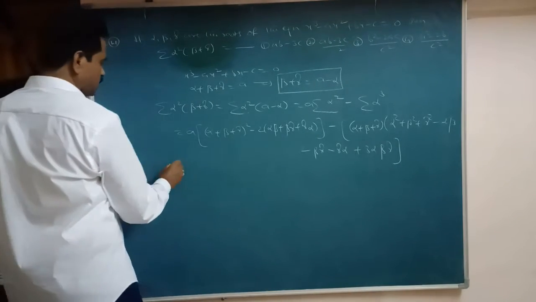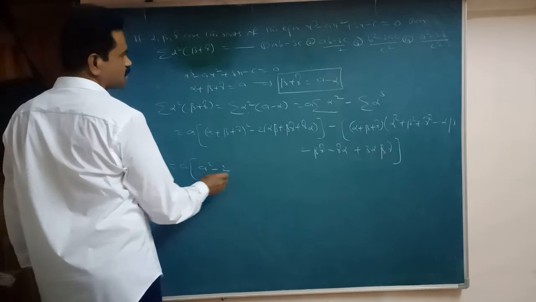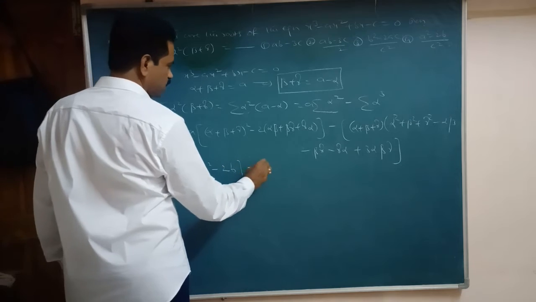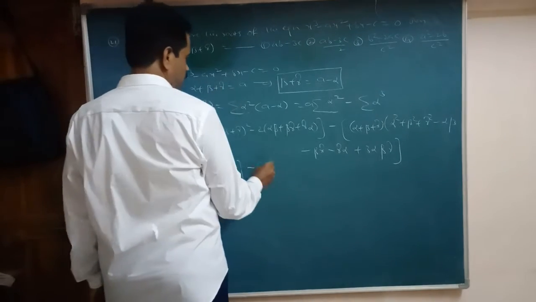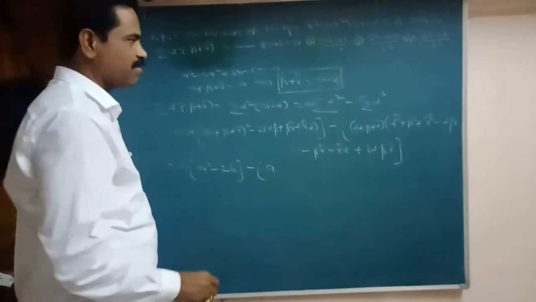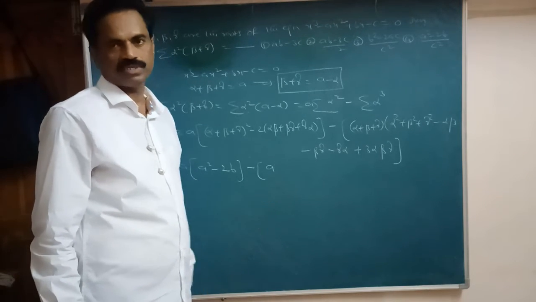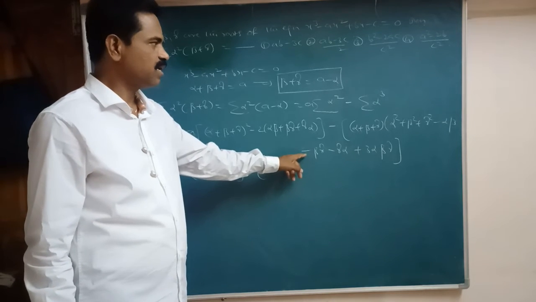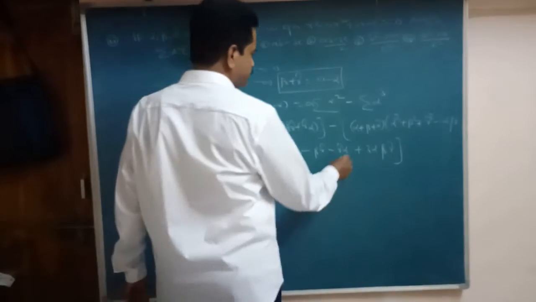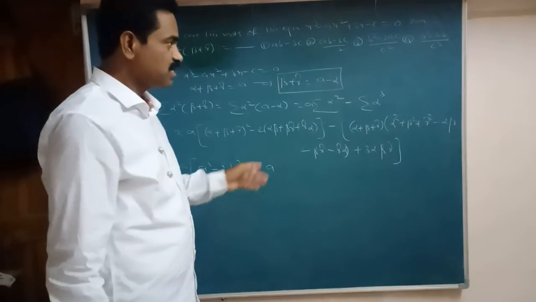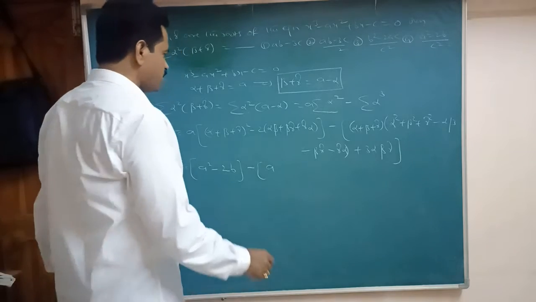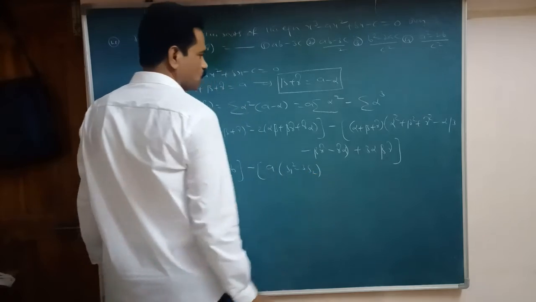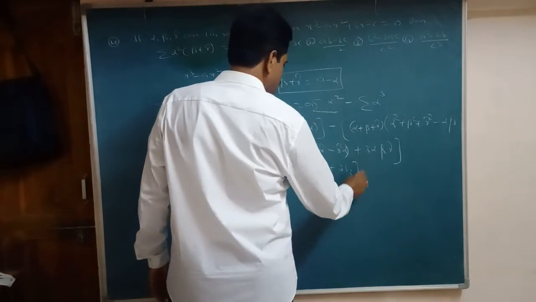S1 equals how much here? A. That equals A into, that is, A square minus S1 S2. S2 is how much here? B. Minus 2B. Next, minus S1. S1 is what here? A. Here alpha square, beta square, gamma square we can write here. That we already discussed, it is only S1 square minus 2S2. So here, how much? S1 square minus 3S2. A into S1 square minus 3S2 plus 3S3.